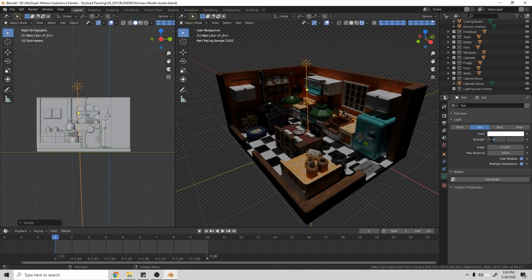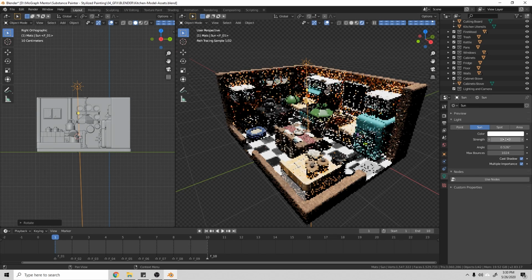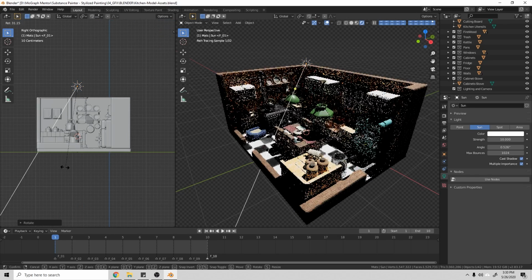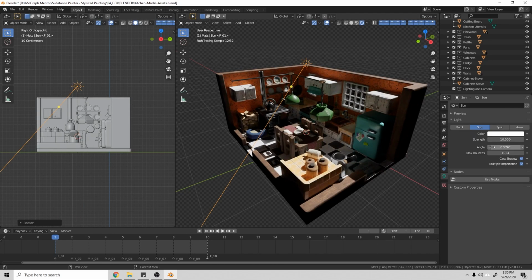Now, I found that a good strength for a sunlight most of the time when you're using a sunlight in your scene is about 10. I find that gives me pretty accurate sunlight strength, and I can kind of move that out. Now, this isn't as realistic because when you have a sunlight, you're almost always going to have harsh lights. But if you wanted to simulate kind of a cloudy day, what you could go ahead and do is you